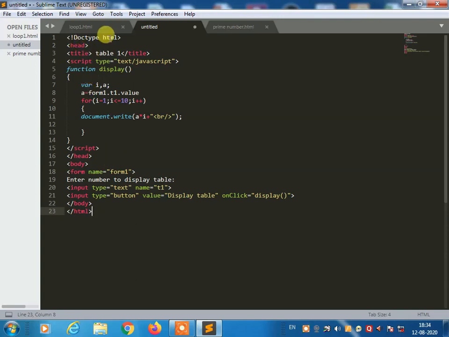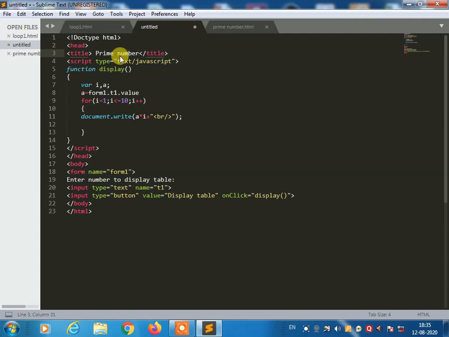So the first tag and other basic tags will remain as they are. Here the title we are going to change. Instead of table 1, we are going to find whether the entered number is a prime number or not, so we can give the title Prime Number.